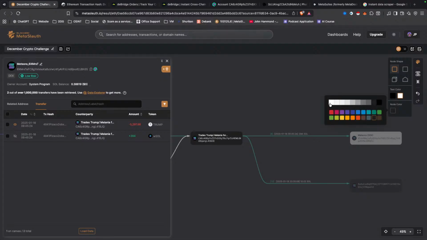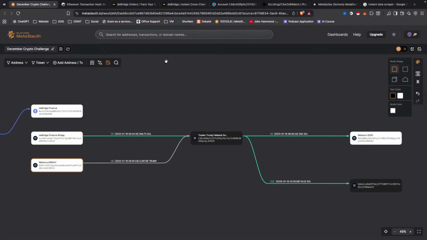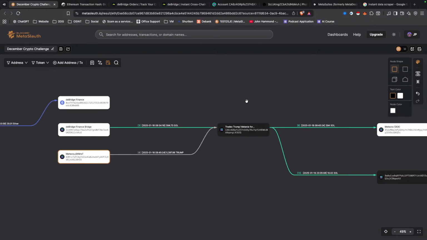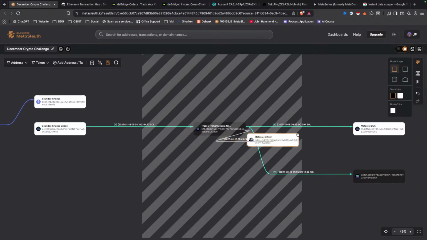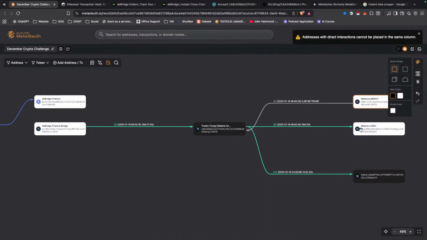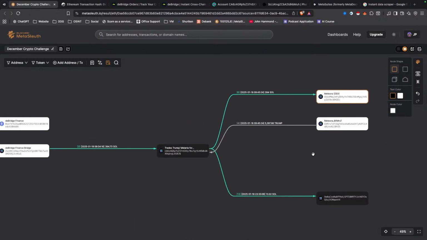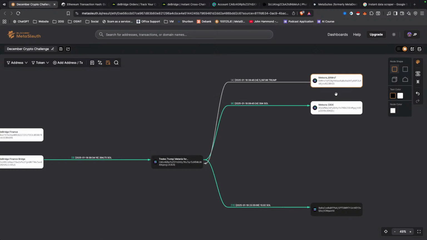Again, I'm pretty confident that if we were to come back to this in, let's say, 6 months' time, we would be very comfortable looking at this. Again, I'm going to move these out of the way. But we do want to show maybe the swaps, especially if we're going to be handing this information over and it's going to be analyzed by the courts. We want to show these different swaps, the different transaction hashes and things like that.